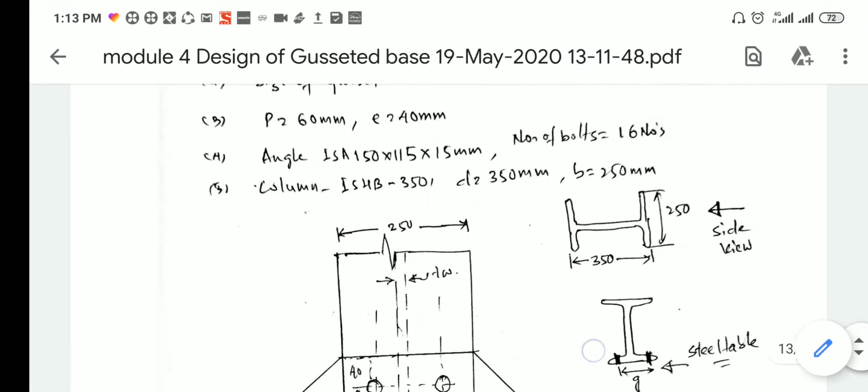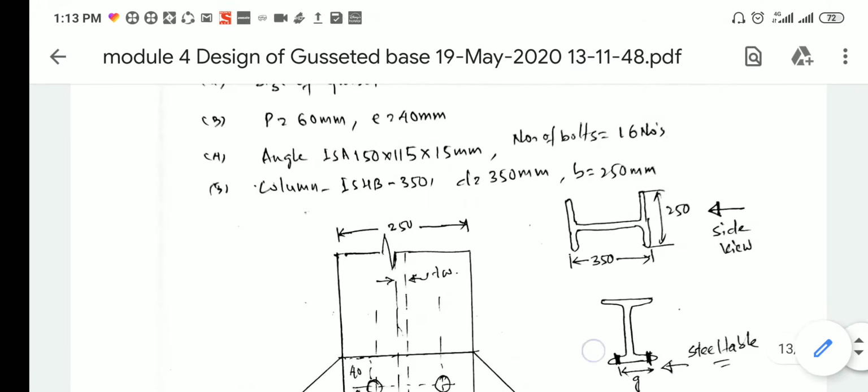I taken it as 14. For 14 bolts we can't provide, or you can provide 14 bolts also, it is not a big deal. So how the arrangement will show, because side view is very important, where you can provide the bolts, and finally we have to draw side view and plan. So that we will discuss, the side view.